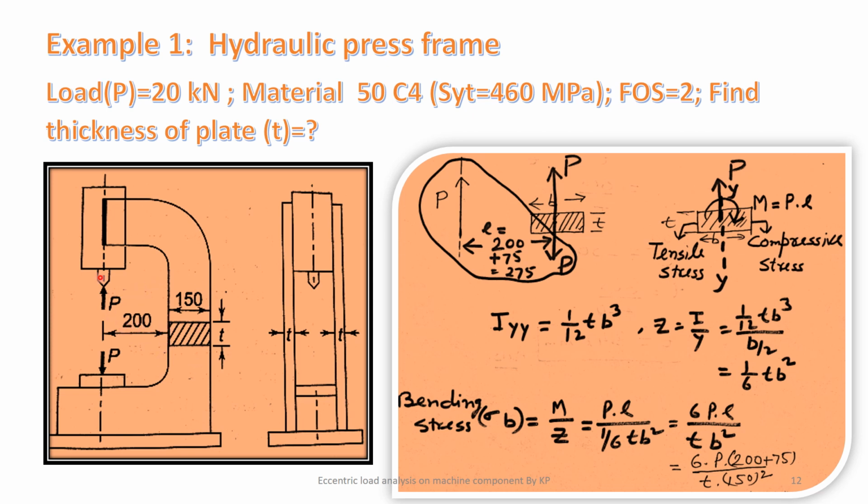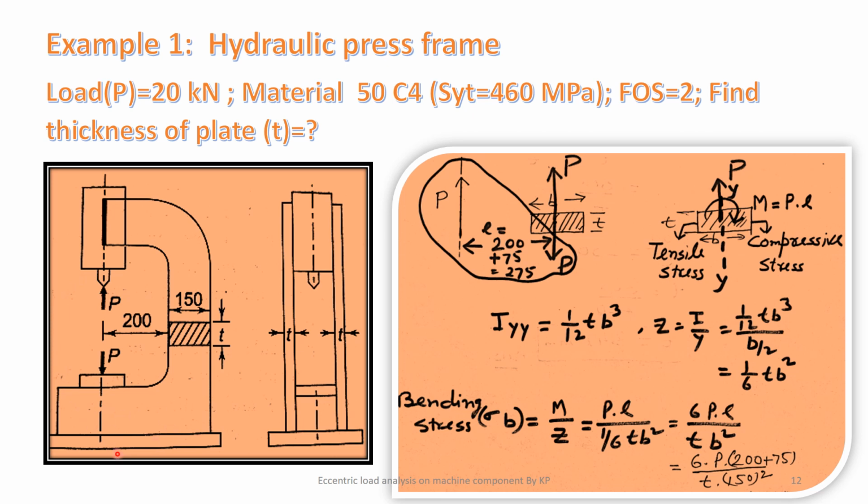All the dimensions are in mm here. And if we see this frame from the left side, it contains two vertical frames having equal thickness and identical. So we have to find out the thickness of this frame because of this load. Because the cross section is of 150 into T dimension and the load line is here, the load line is not passing through the cross section, so it is the eccentric loaded case.